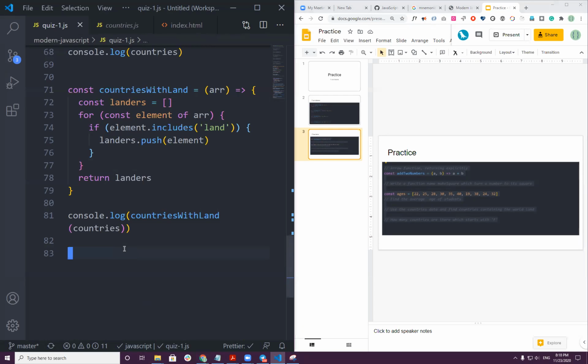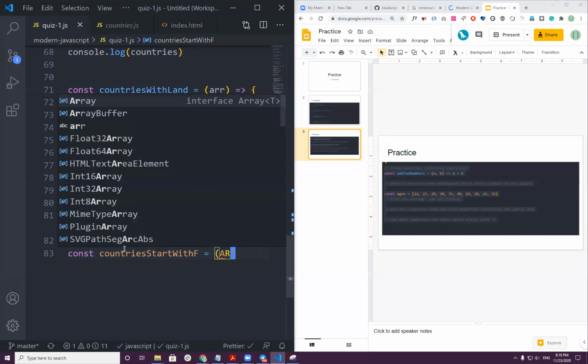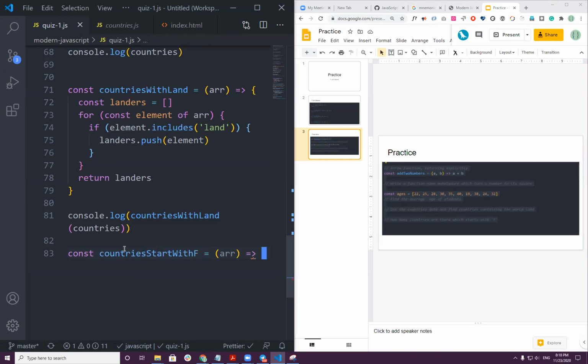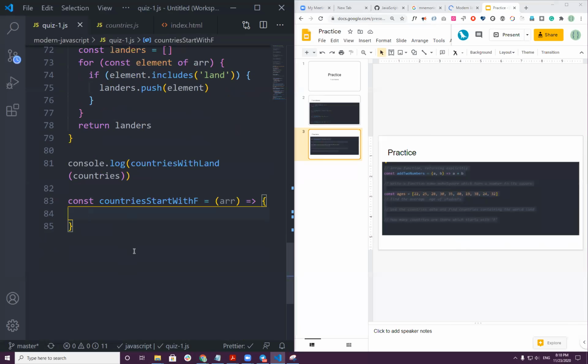Okay, then const countries start with F. Yes, then I have the array of countries, and then I am going to use a for...of loop. First, let countries, or maybe I think just new array.